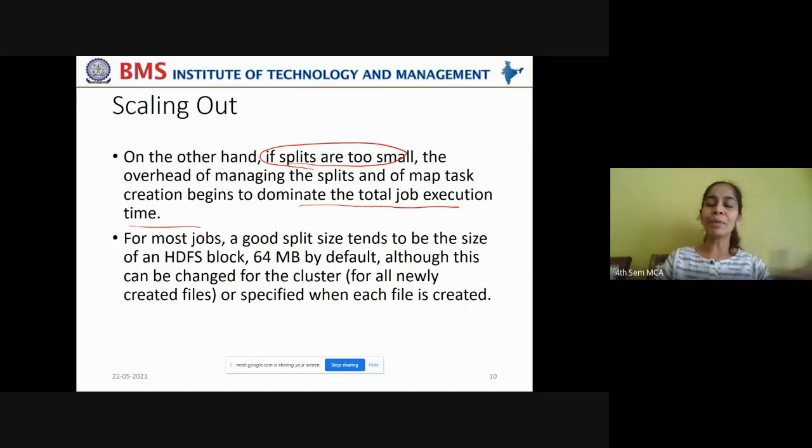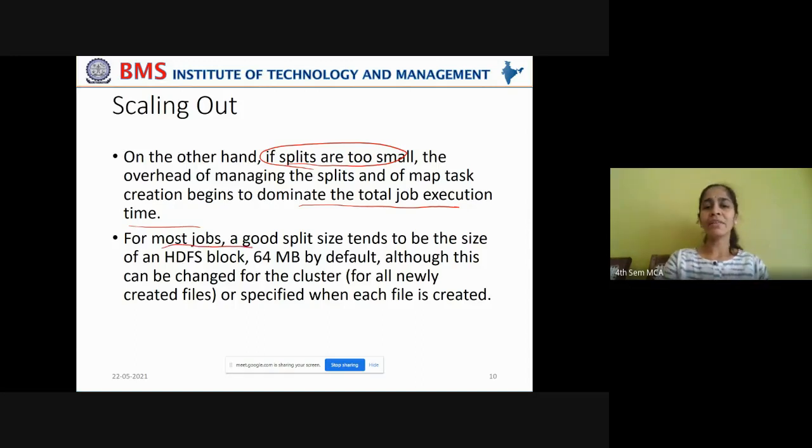So managing the splits will become an overhead to you rather than an advantage for the total job execution time. So you have to balance, you have to know where to stop fine-graining the splits, where to stop making the splits smaller and smaller.